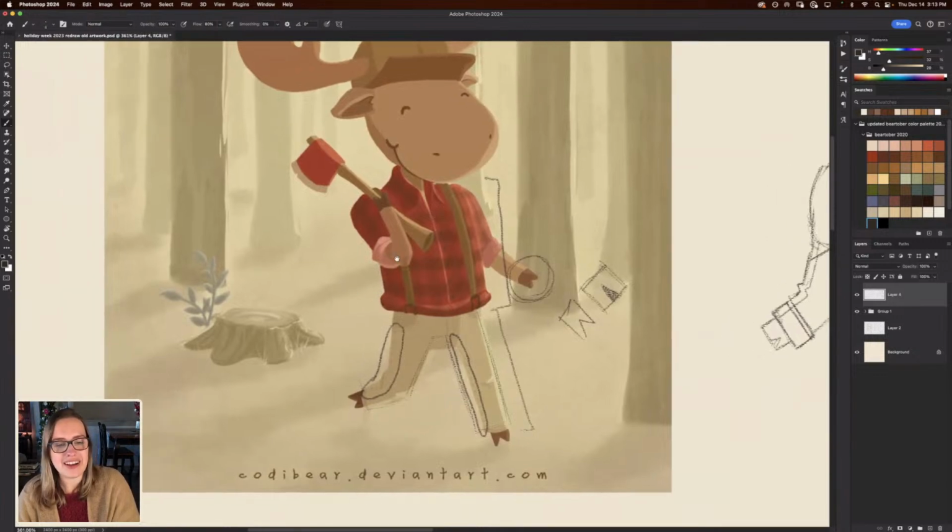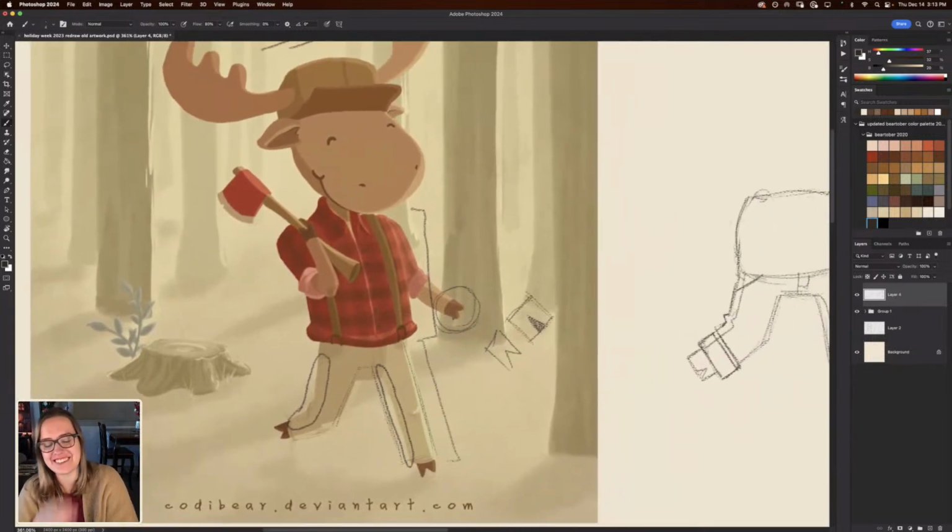As you can see, this shirt just looks like a really sad muffin top, really sagging down there. That was the first thing that I noticed when I looked at this piece.